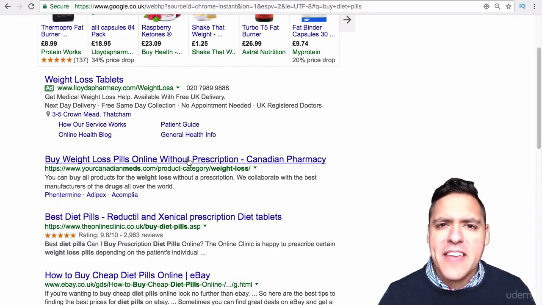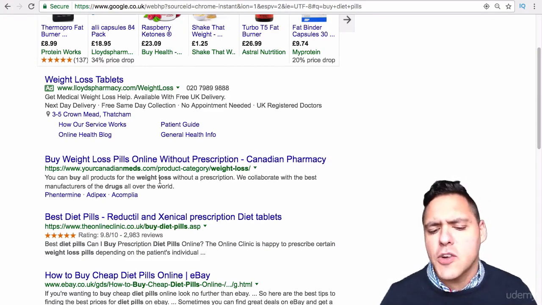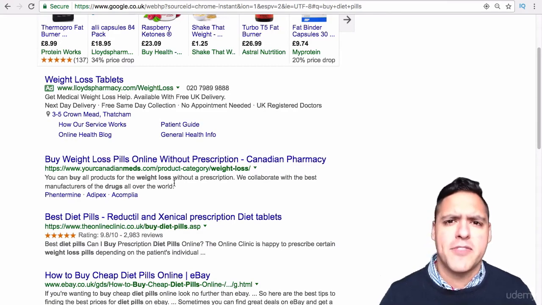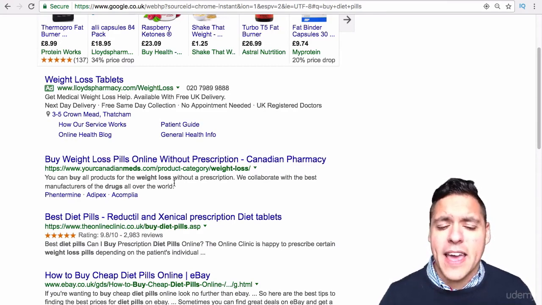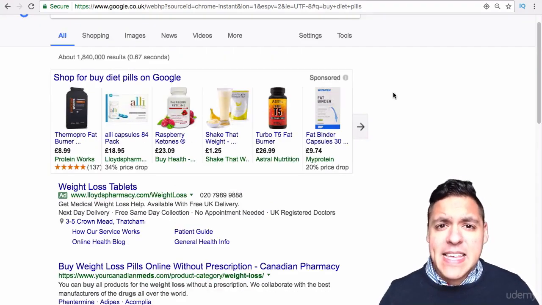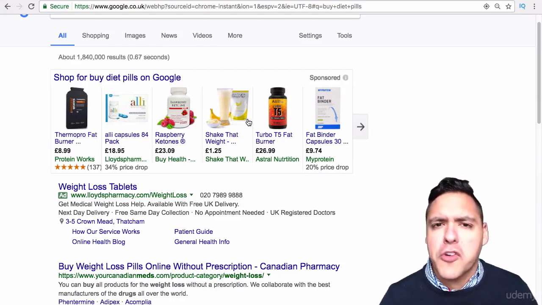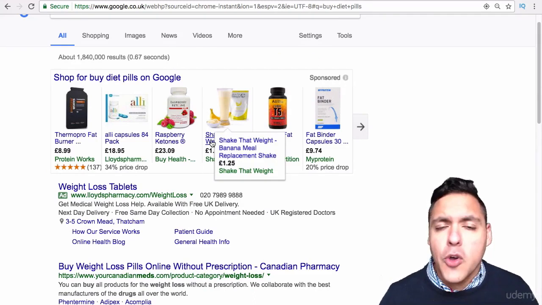And there are many factors that go into why these appear at the top of the search engine without needing an ad. A lot of them have utilized keywords, a lot of them have utilized credibility score and all sorts of things that Google favors in order to rank you higher on particular searches. But basically, long story short, if you pay Google to show your product in front of somebody where they search for a particular query, you've got a greater chance of your advert being clicked on and subsequently bought.